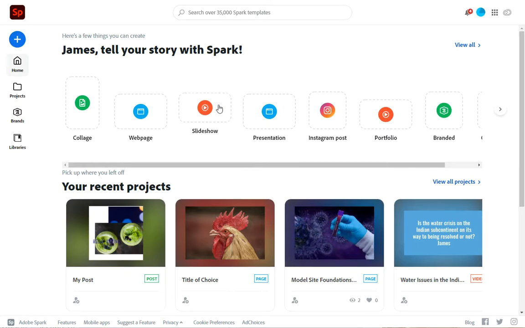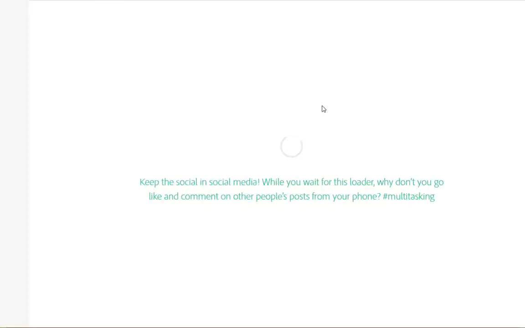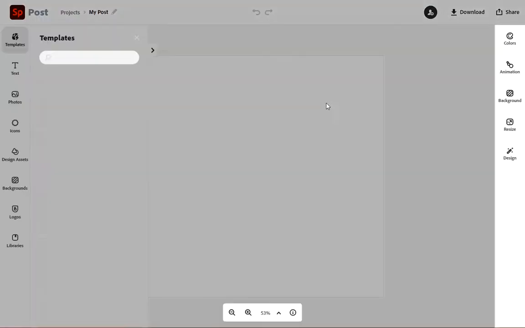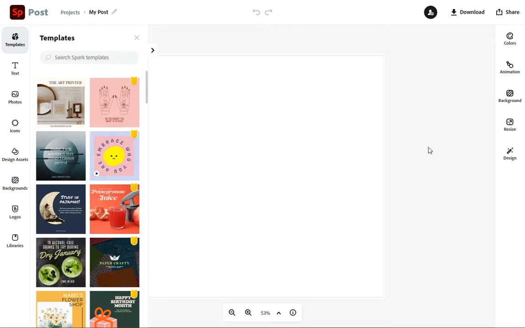So Spark doesn't just make their slideshow videos and web pages, which I show in some other videos, but it has all kinds of weird little things. And one of them is how to make a very specialized Instagram post. So obviously you just click on the Instagram post thing here, and it'll open up an editor, an image editor that allows you to do all kinds of complicated layouts and in the proper square format